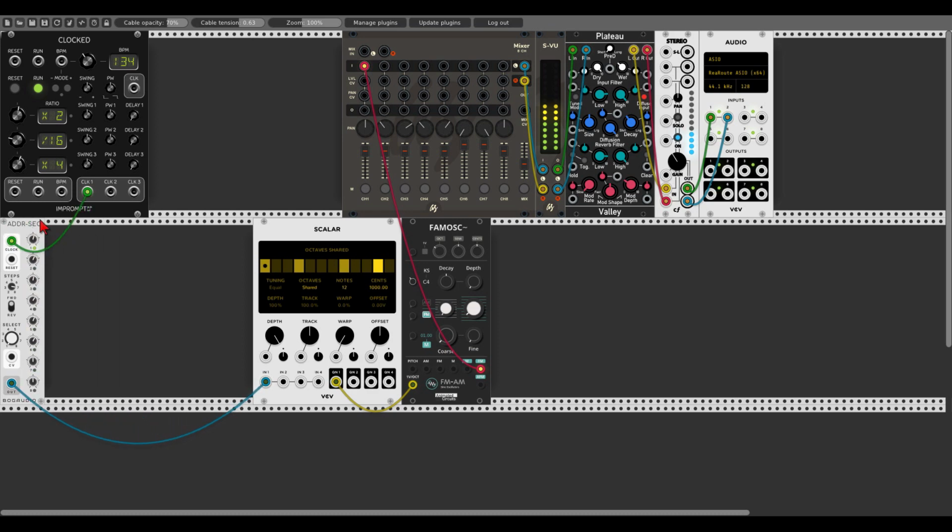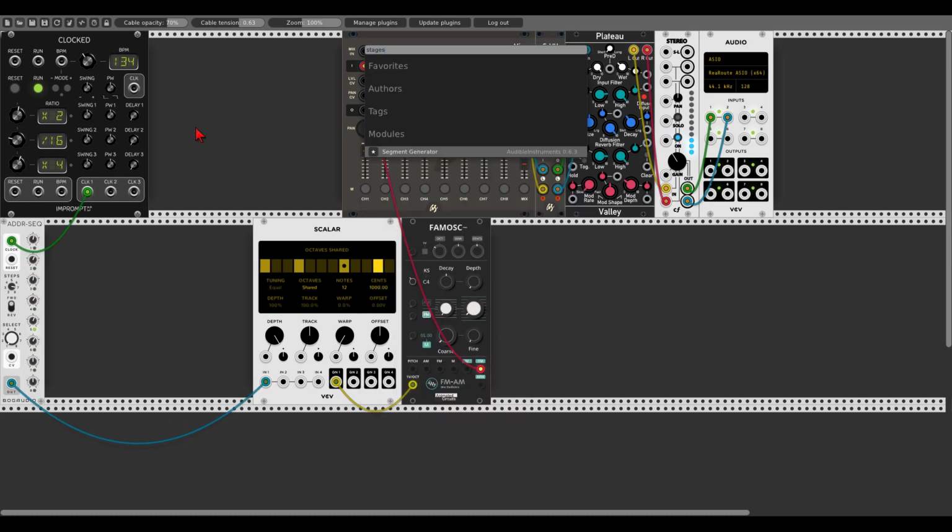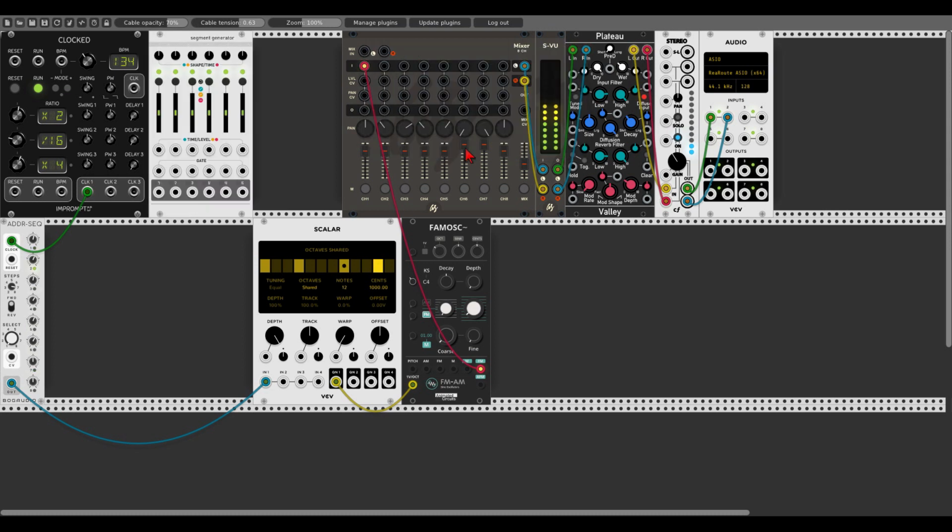Very cool. Now let's use Stages, or the segment generator from Audible Instruments, to modulate the FM depth. If I click this button here, click and hold it until it's blinking, we have here the cycling function, which we can use as an LFO, and this will modulate the FM amount of the oscillator. So let's take this all the way down and let's open the attenuator